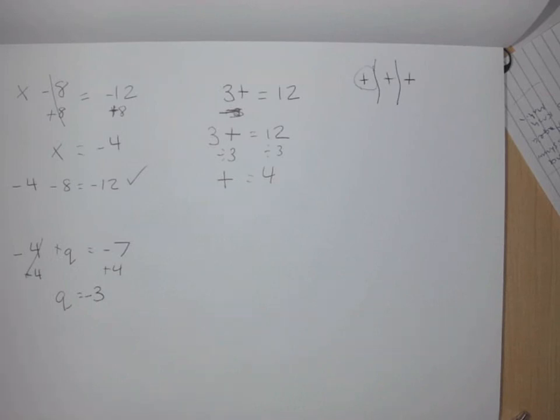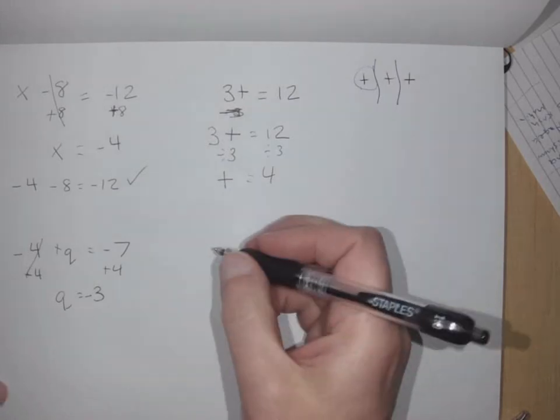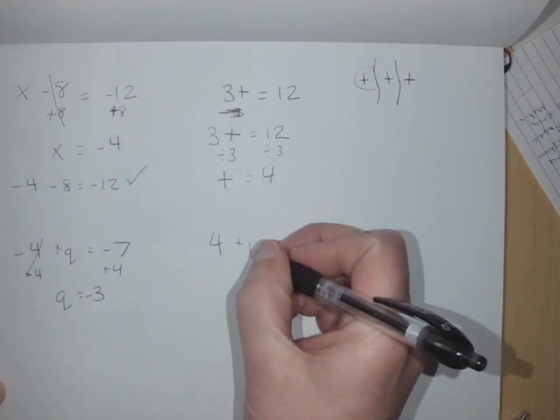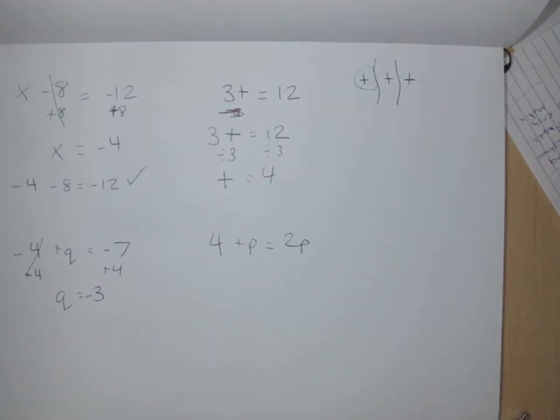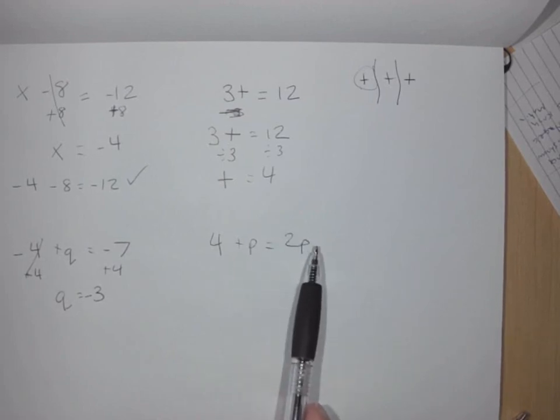Now, the next one we're going to do is this one, and I'll show you the common mistake here. You might be able to guess already, but it's one where we have variables on both sides. So I've got 4 plus p equals 2p. And kids don't know which side to keep the variable on. That's the mistake I'm seeing most often. The answer is you want to keep the variable on the side with the most of the variable. So since there's 2p here and only 1p here, we're going to keep the p's on this side,